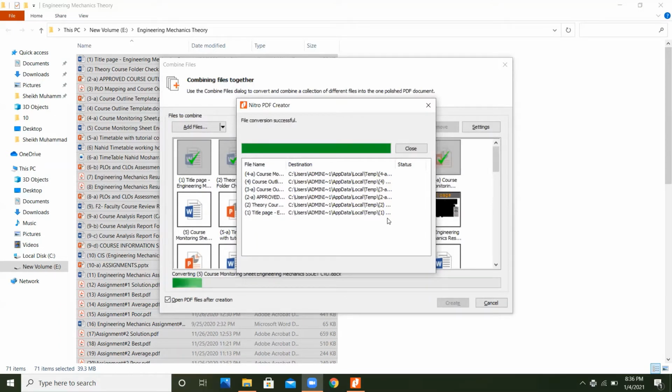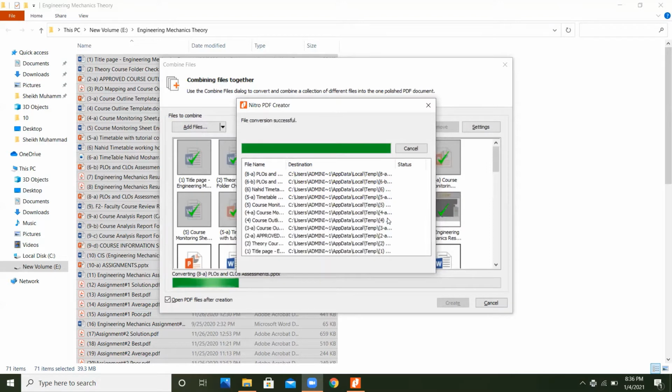First it will convert all the files one by one into PDF, and then it will make a single file. You can see in this conversion that it is converting each and every file one by one into PDF format first.